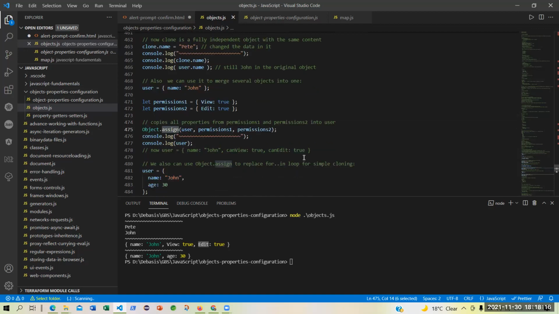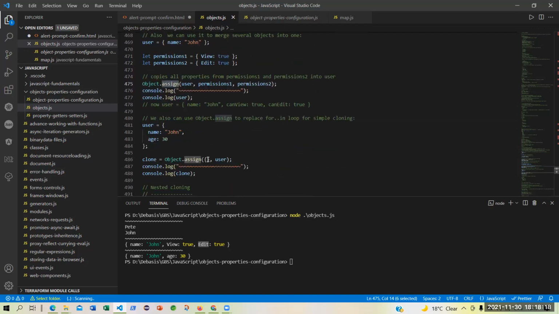Another assign is just you are cloning to an empty object called clone with all the properties of user. Now you will see that user you have initialized again. But suppose you didn't initialize it. I'm commenting out the clone. So we are using the current user, this one. I'm cloning it. Will it only be John and age 30?